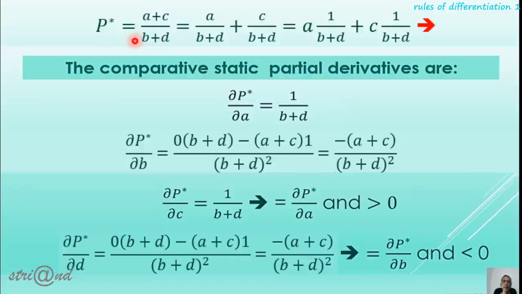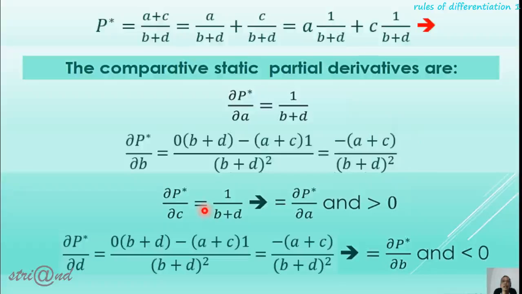Here we have P, the derivative of P here is 1, because it is the derivative of P star with respect to P, and there is no P in this part of this function, so the derivative of a constant is 0, so it is only 1 here, divided by the square of the denominator, B plus D squared, and then we can simplify this, becoming this